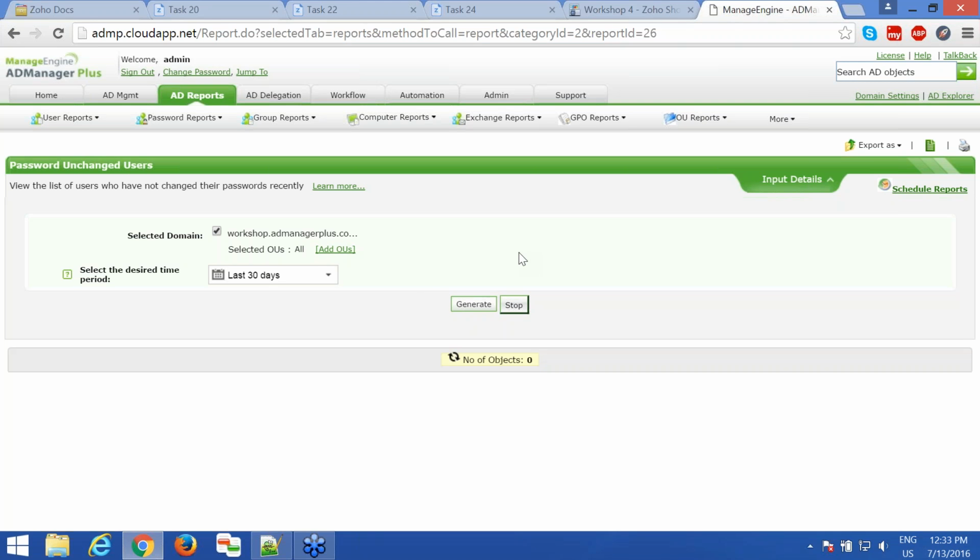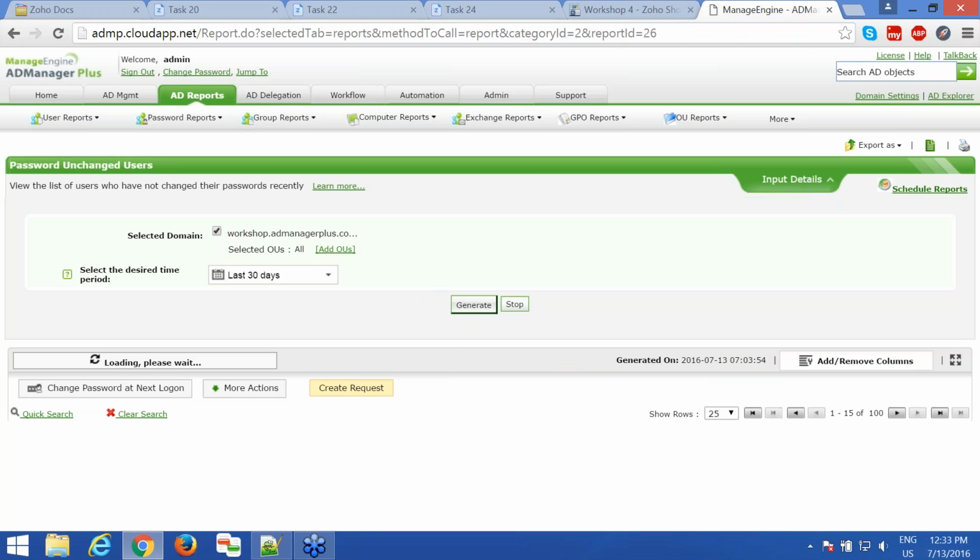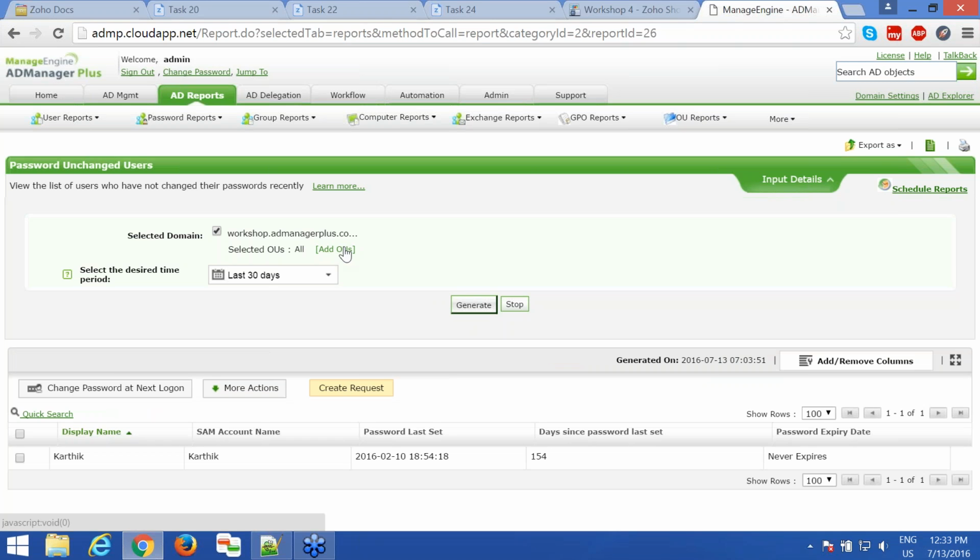As you have done in previous reports, you can choose the OU as well. As you can see here, this is the user account that has not changed its password since the last 154 days. This is how you can generate the report to find the user accounts that have not changed their password. The next thing is, if you want to find the user accounts whose password has expired,